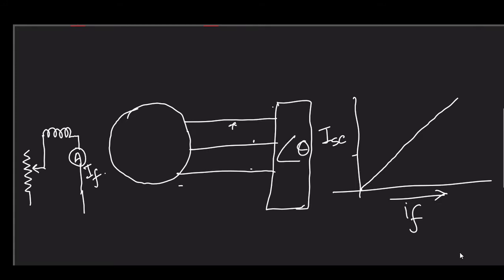That means if you measure voltage V here and current IA here, then the angle between V and IA is theta. So just considering that this is like the secondary of the transformer, what you can draw is